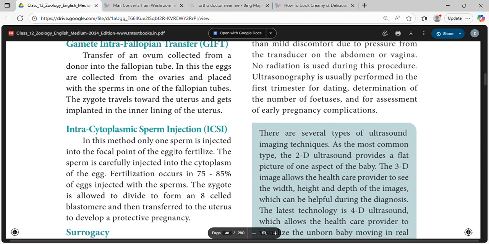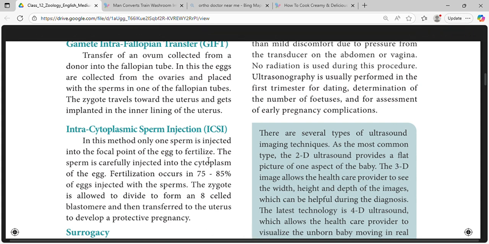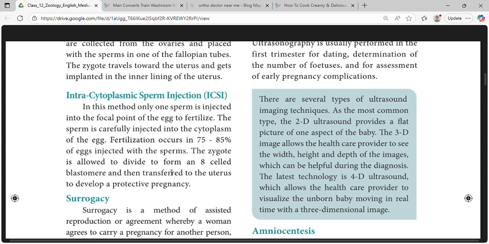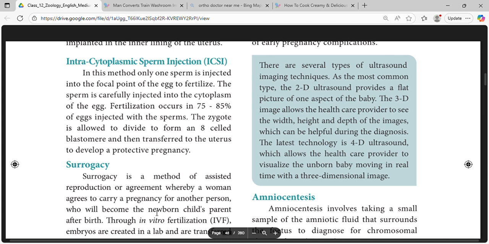Intracytoplasmic sperm injection. In this method, only one sperm is injected into the center of the egg to fertilize it. The sperm is carefully injected into the cytoplasm of the egg. Fertilization occurs in 75 to 80% of the eggs injected with the sperms. The zygote is allowed to divide to form an 8-celled blastomere and then transferred to the uterus to develop a